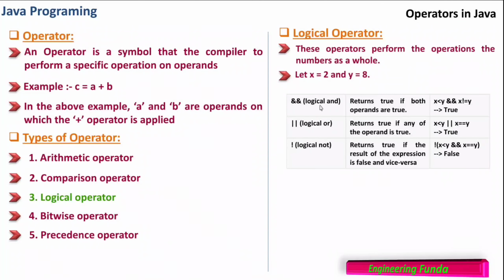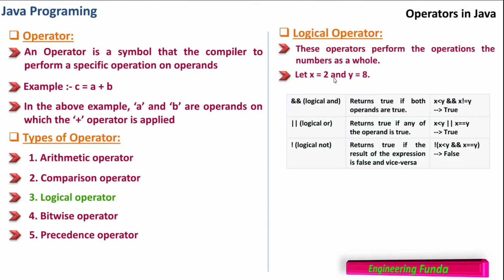This double ampersand sign is AND, a logical AND. It returns true if both the operands are true. If we remember the logical operations that we have seen in the digital circuit subject, it is doing the same thing. So it has to have Boolean results on either side. This operator takes two operands, and the operands on either side should be of type Boolean, and it will give you the result in Boolean only. That will be true or false.